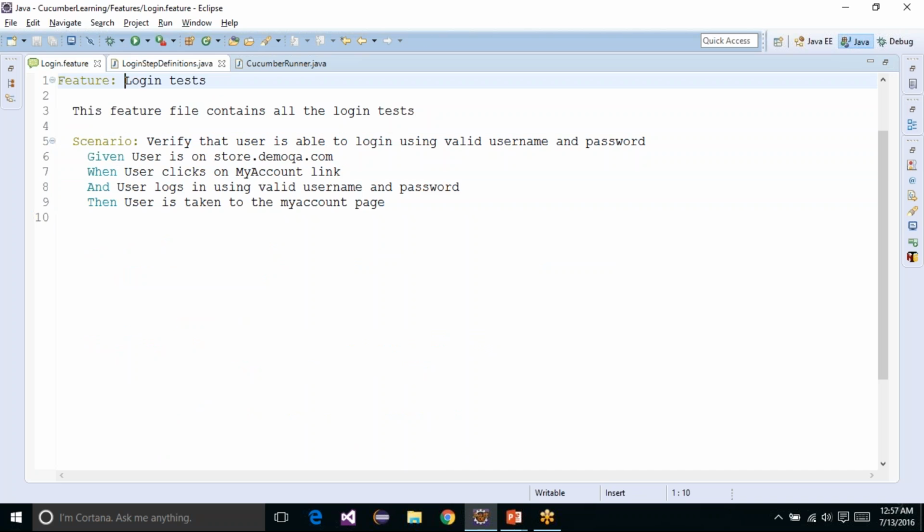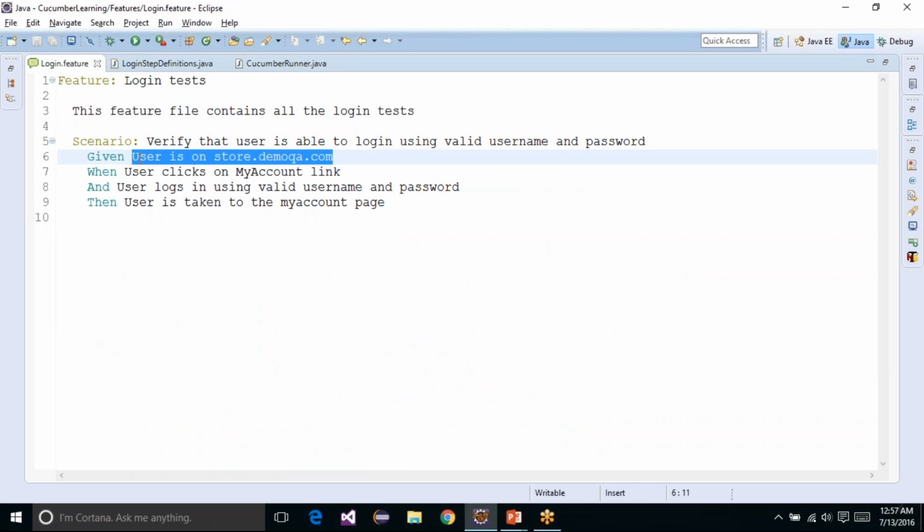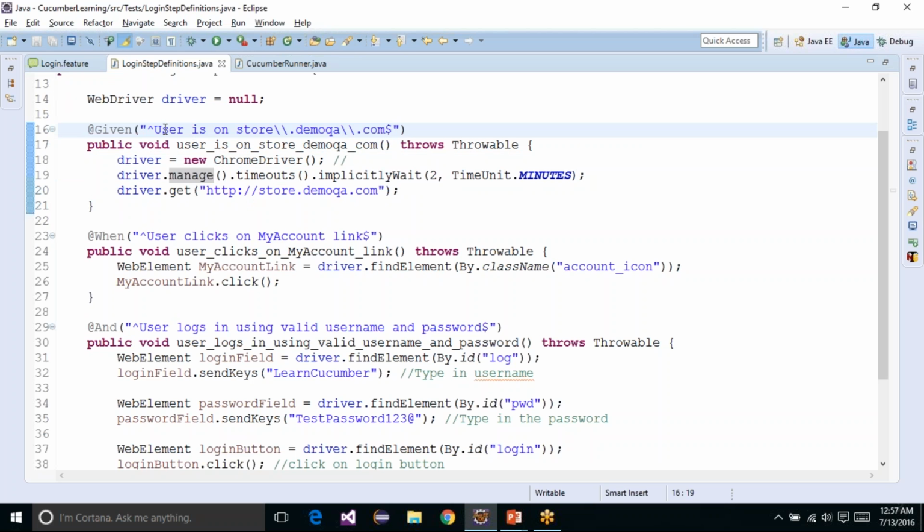This string is basically called a regular expression. It is a pattern, a string pattern, which represents what you have written here. Here you have written user is on store.demoqa.com. Here it is converted into user is on store. This is a dot, but dot has a special meaning in regular expressions, so it cannot be represented directly as a dot. It has to be escaped. To escape a dot, you use a double slash. So basically this means a dot. Essentially this whole string is store dot demoqa